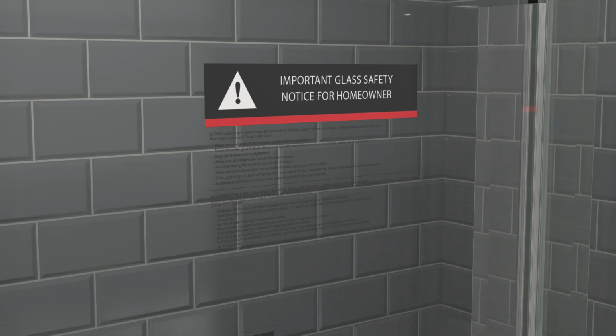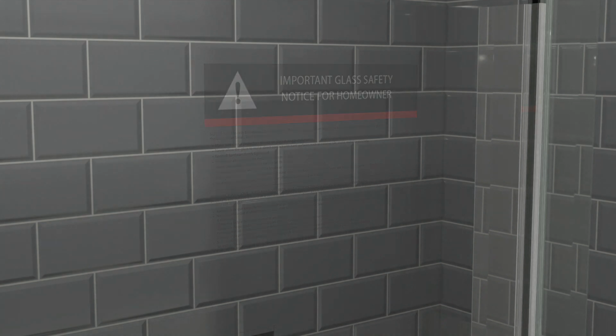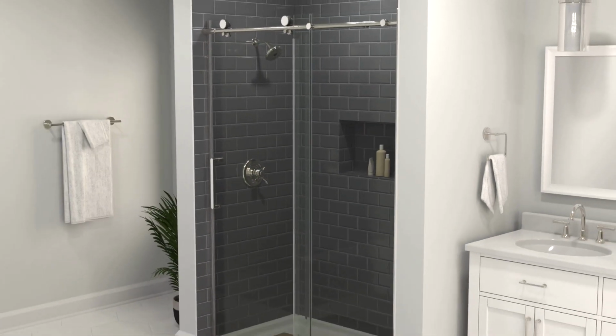Lastly, there is important safety and usage information on the glass shower door sticker. Only the door's user or owner should remove this sticker, as they need to be allowed to read its information. And there you have it, a brand new shower door to